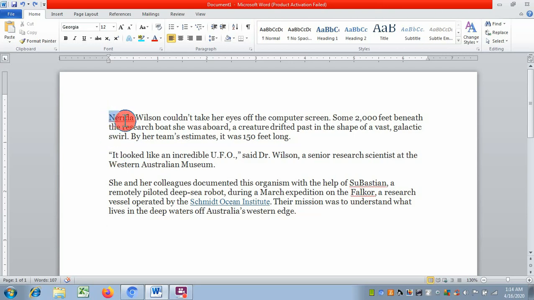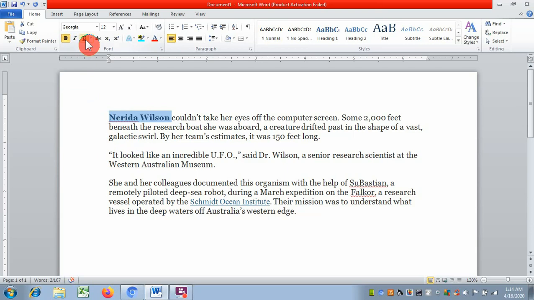Suppose I select these first 2 words, Nerida Wilson. I want to make it bold, underline, like this.